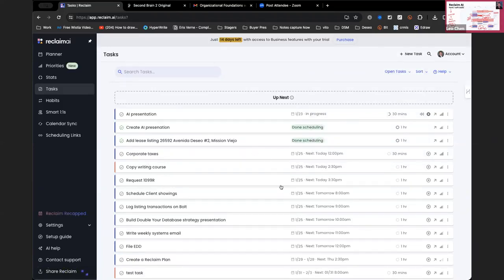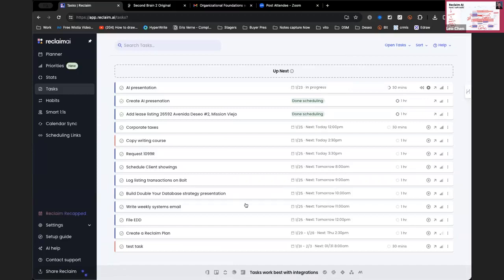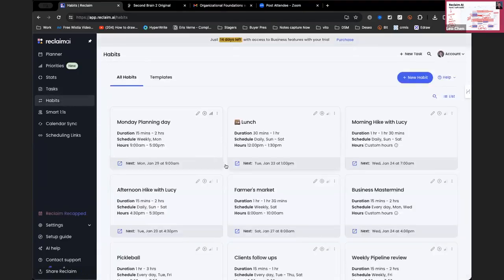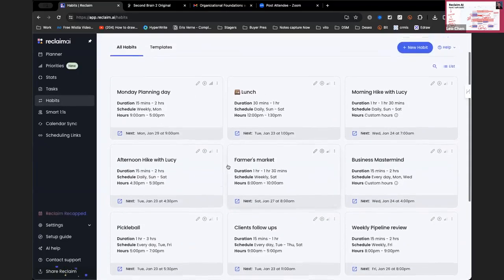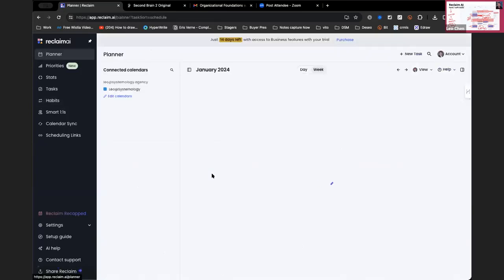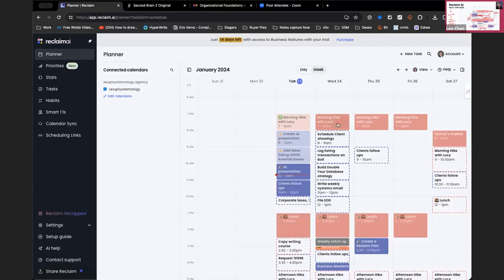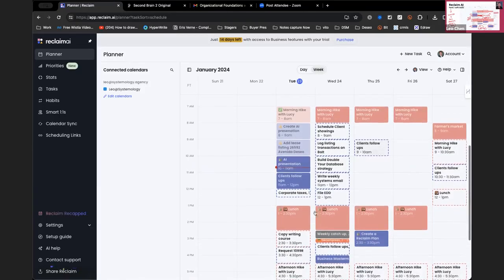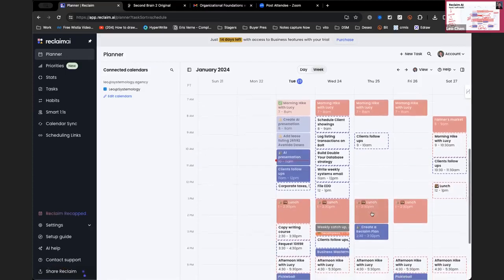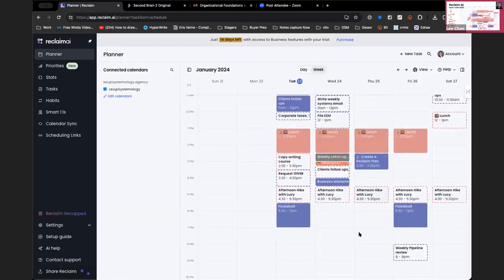Okay, so these are tasks that you add. And then these are the habits that you add. Okay, the habits are these type of things that I showed you earlier. I always go on a morning hike with my dog, Lucy. So I added a habit. That's a habit that I want to track. I always have lunch between 1 and 2 o'clock. So I added that as a habit.